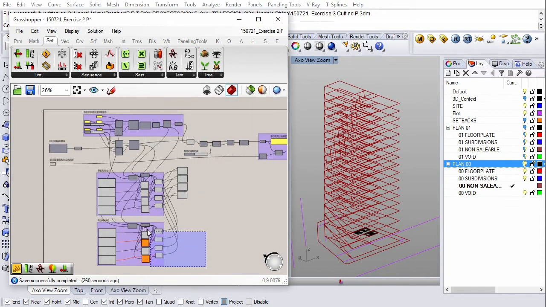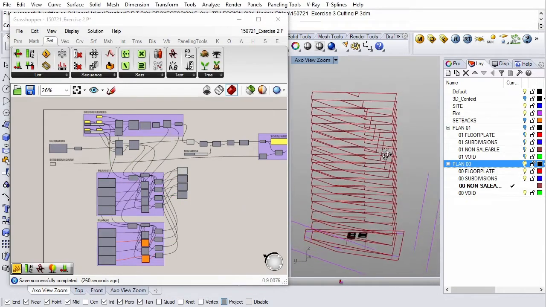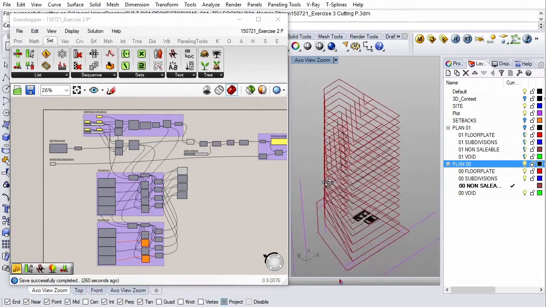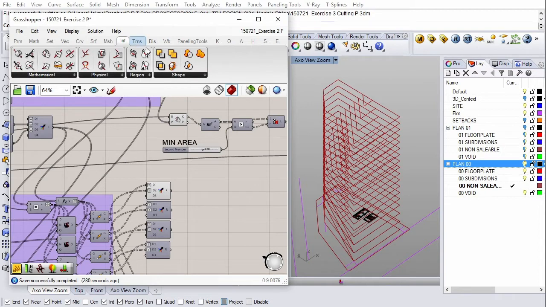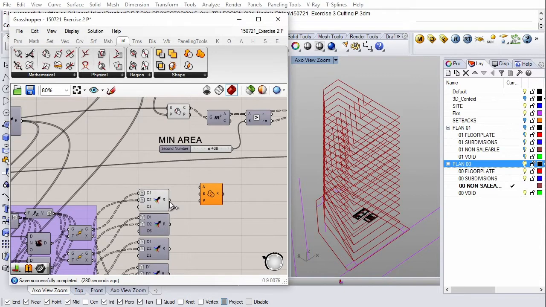So I'll just hide almost everything here, so we can just do this more clearly. When you take these and intersect them, you obtain the region that meets both requirements.